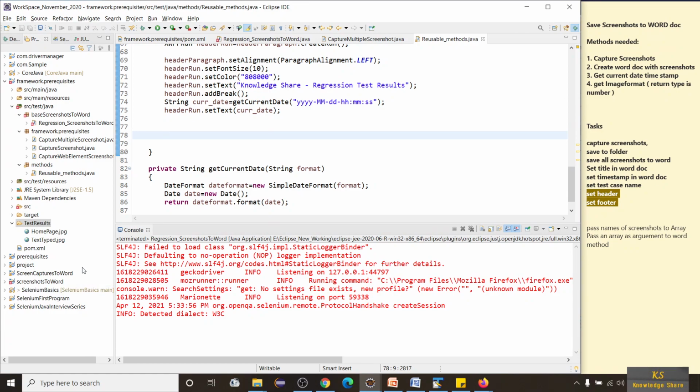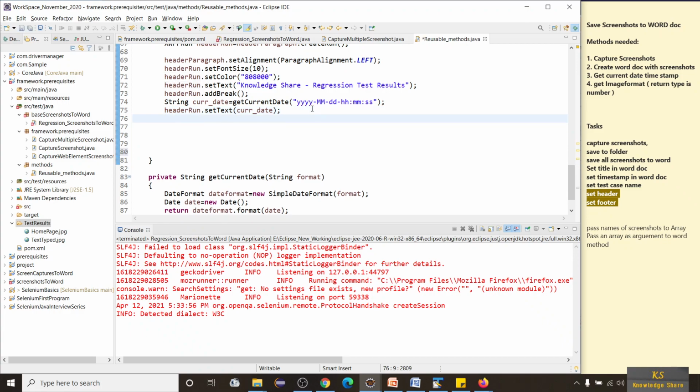So we have set the date format, and now we have to finalize everything. We have to write some parser things. For that, I'm going to take XWPFParagraph parse header is equal to new, same, of one.